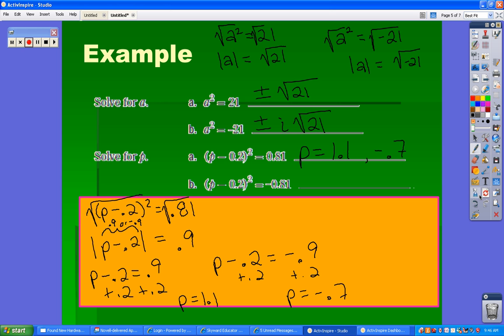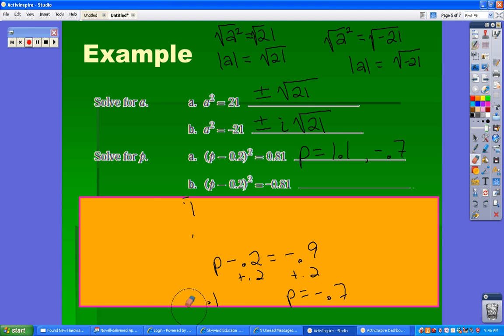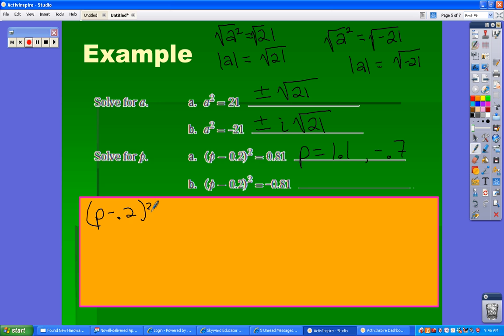Okay, it's a little bit different if... oh, that works out good. It's a big eraser. (p − 0.2)² = negative 0.81. Square root both sides. Again, that becomes the absolute value of p − 0.2